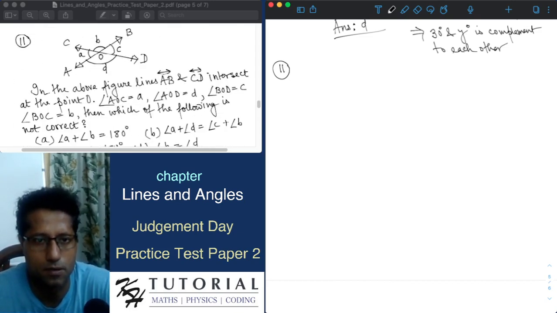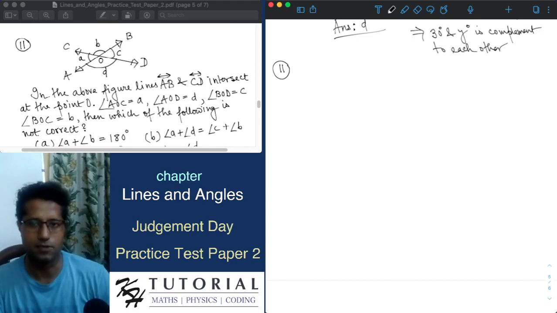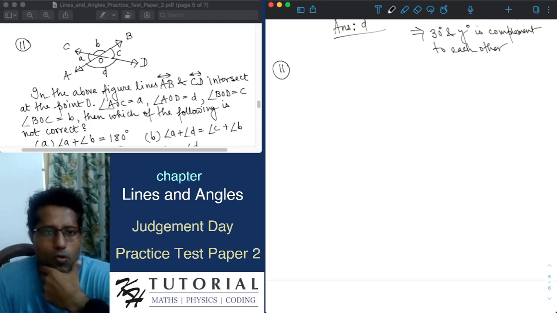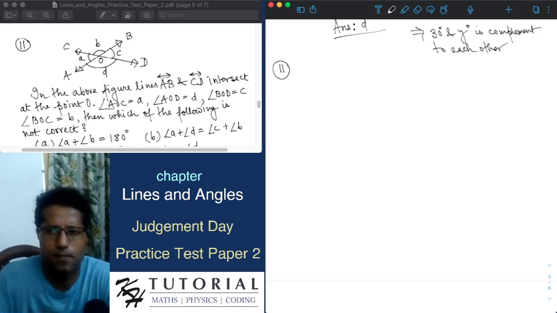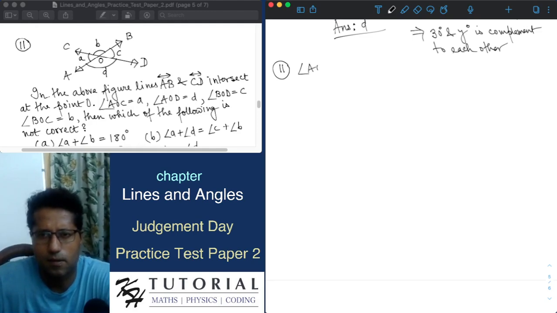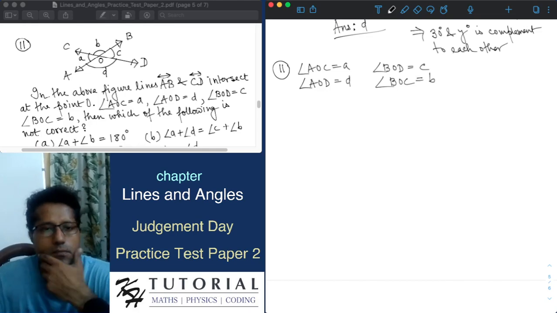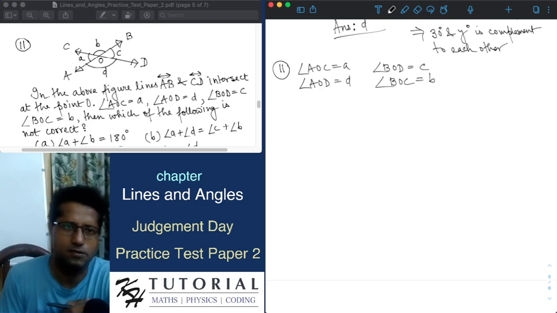Question number 11 is another figure. It says, in the above figure, lines AB and CD intersect at the point O. Sorry, angle AOC is A. It is given that angle AOC is A, angle AOD is D, angle BOD is C, and angle BOC is equal to B. Okay, so we have two intersecting straight lines, CD and AB, intersecting at the point O,